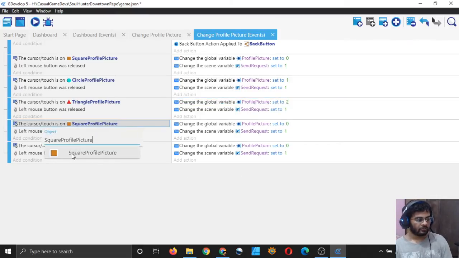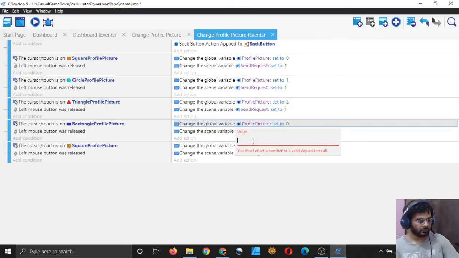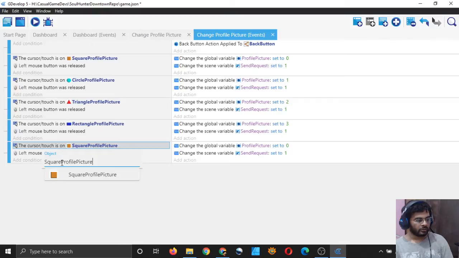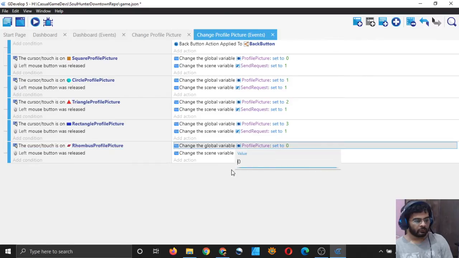And then I will type rectangle profile picture, select it, and I will change the value of the profile picture variable from 0 to 3, and then in the last one I will simply change it to rhombus profile picture, and I will change the profile picture value from 0 to 4.